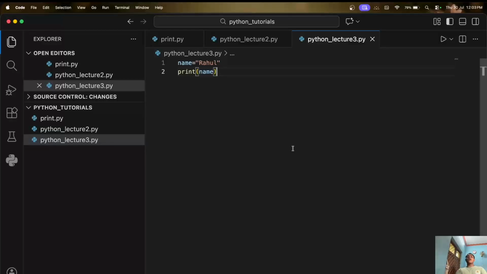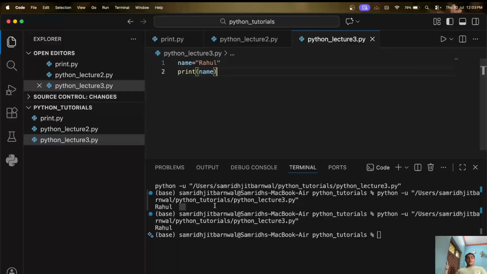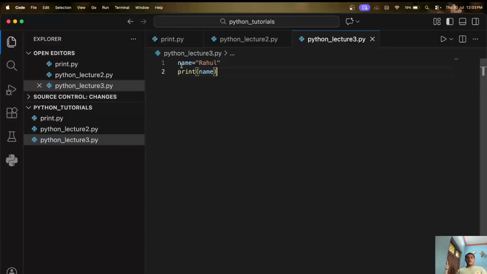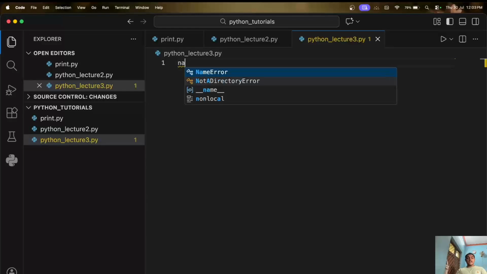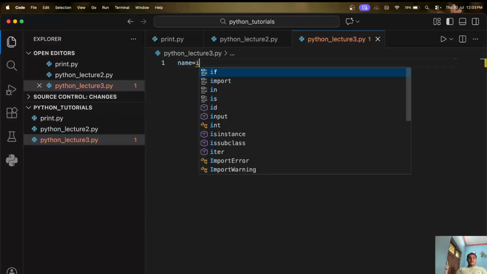Now you want to make your program interactive. Whenever we run this program, there isn't any role of the user over here. How will the user give information over here? To accept the information, we use the input function. What's the syntax? So the syntax is basically name is equal to input,